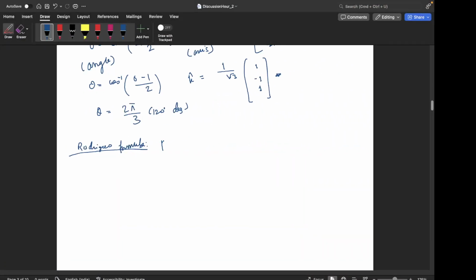So what does this say is that the rotation matrix, if I know the axis and the angle, the equivalent axis and the angle, without specifically knowing each successive rotation, then this can be written as, and here n is the skew symmetric matrix of n hat, right? So if n hat is equal to nx, ny, nz,